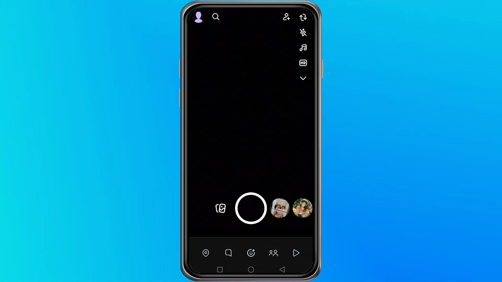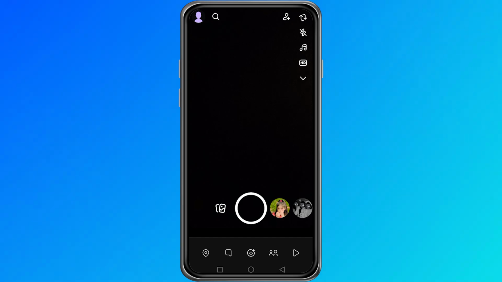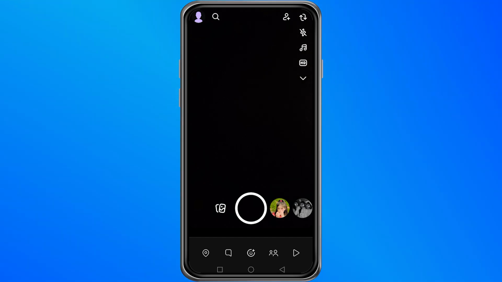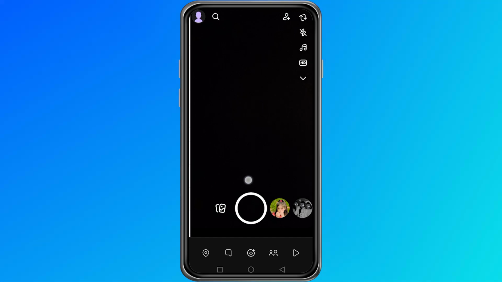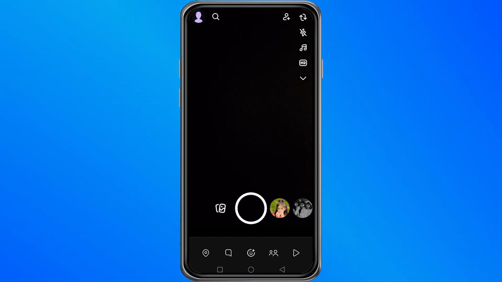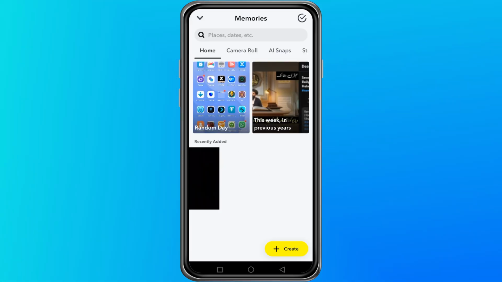First, open the Snapchat app on your phone. When the camera screen appears, you can either take a new photo or select one from your camera roll. To take a photo, tap the large capture button at the bottom of the screen. If you want to use an existing photo, open Memories or your camera roll and choose the image you want